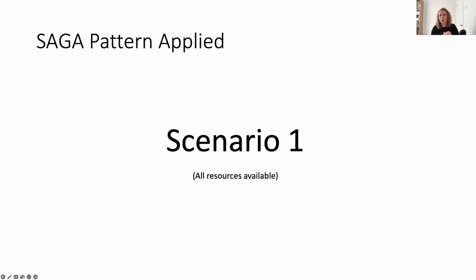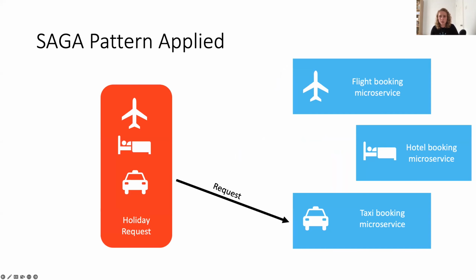So now that we've taken a look at the Saga pattern, let's see it in action and see how our different scenarios would work given this new type of underlying principles for transactions. Again, I'm going to go through the two scenarios. One is where all the resources are available. The other is where we have at least one that isn't available. And in this case, you'll notice that I don't have a central coordinator. That's because there are multiple different ways of orchestrating a Saga pattern. You can have the orchestrator approach or the choreography approach. This is more aligned with the choreography approach, which I will explain after this. The reason I'm showing this approach is just because it can be a bit easier to follow in terms of less boxes on the screen.